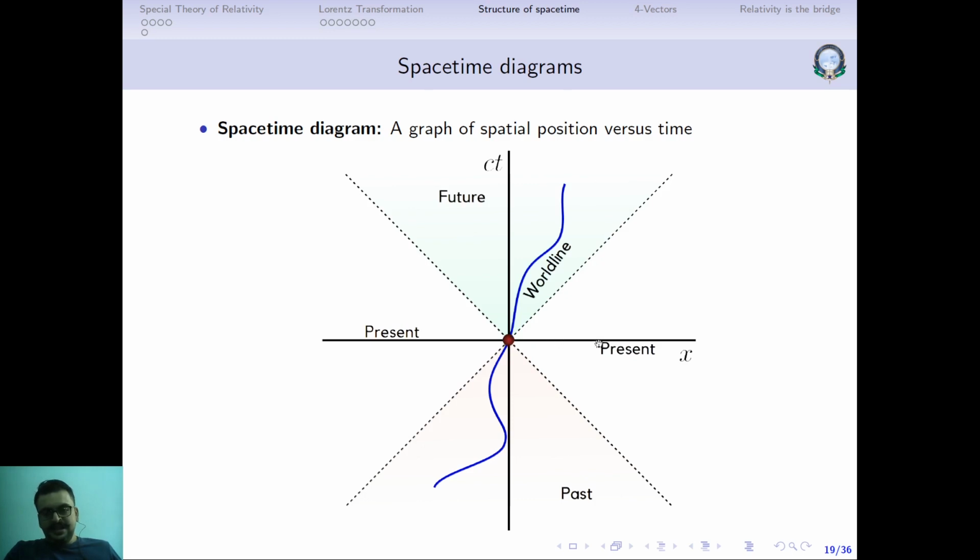We cannot say that this event is caused by the other event. Why? Because if this event has to cause that event, it has to send a signal, and that signal will have a slope less than 1. A slope less than 1 means it's traveling faster than the speed of light, which is impossible. So you cannot have any causal connection between these two. That's why we say that this entire region is the future of this event, because this is what is accessible. It can manipulate, or access, all the events taking place within this region.